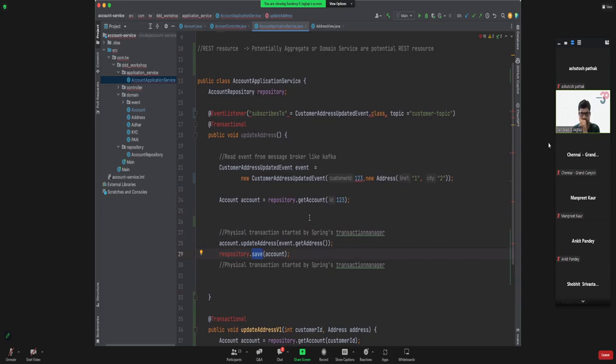This may happen with some delay, and that's why it's eventual consistency, and business people should be okay with that. In the best case it may be a few seconds, but in the worst case, say the account service went down, then when it comes back up, it's going to listen to that event and then update the account address. So there are chances that there would be a substantial delay.